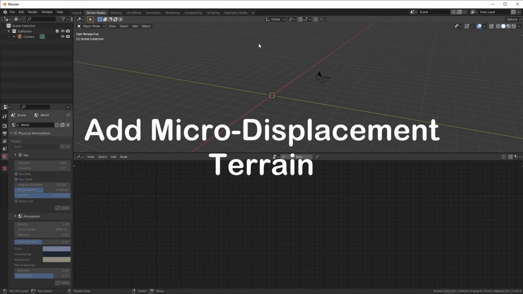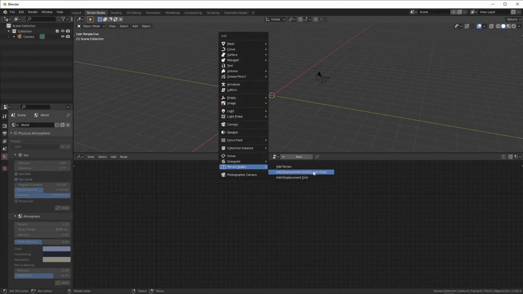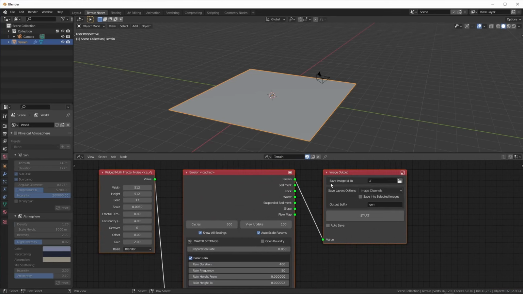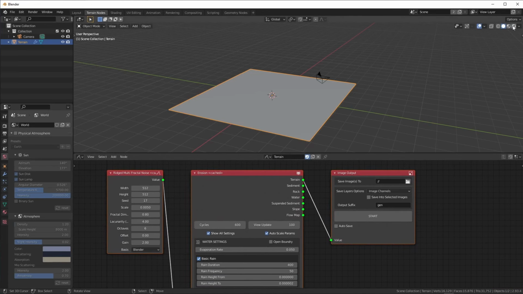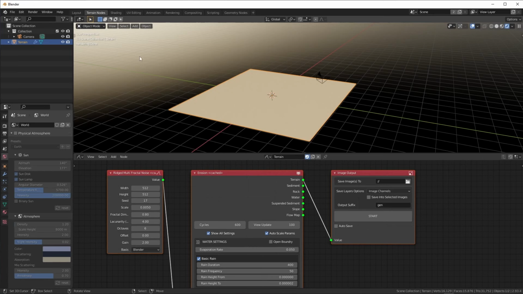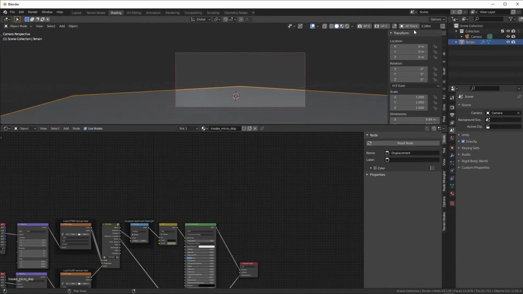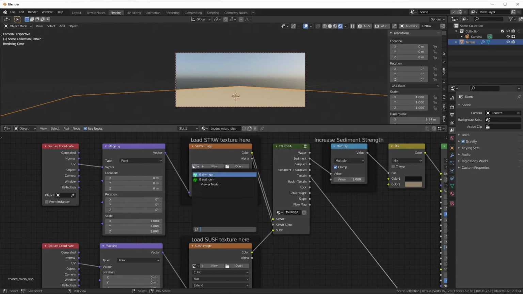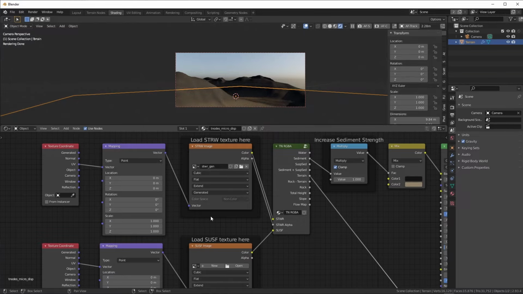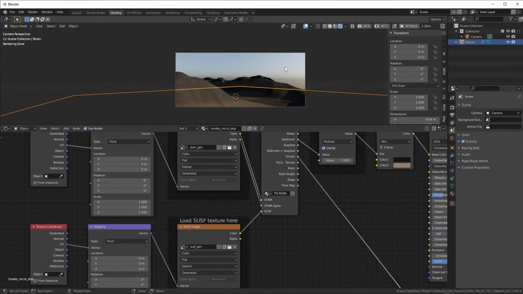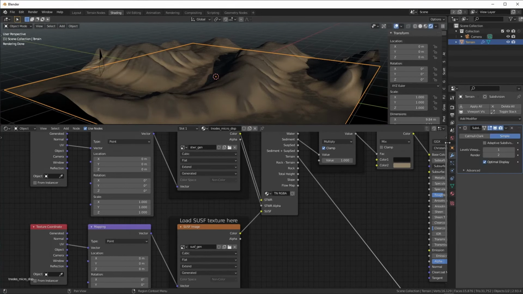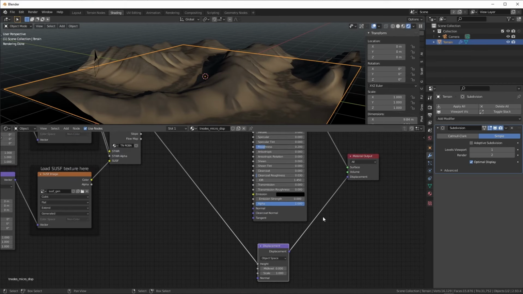Another way to add a terrain object is to add a displacement grid for Cycles only, and this will use the shader to displace the grid. You won't see anything right away because you have to go into the shading tab and select the images that were generated. This is using displacement vector